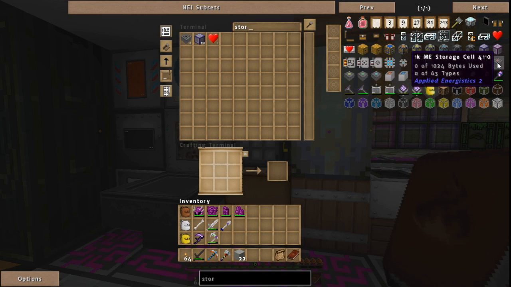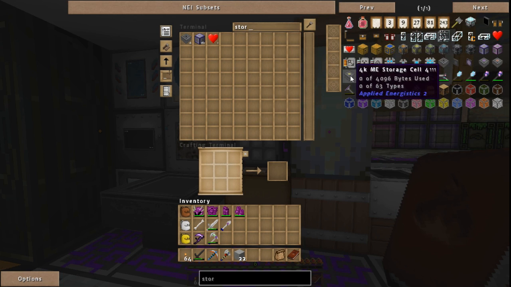drives, I've got all of those are 1K storage cells, so they can hold 1,000 bytes of stuff, and trying to figure that out is a little weird. I'm not sure how that works. It's like the first of a type uses like 8 bytes or something, and then each additional type only uses 1 more byte. I don't remember exactly, I read it once, but so I was going to make some 4K